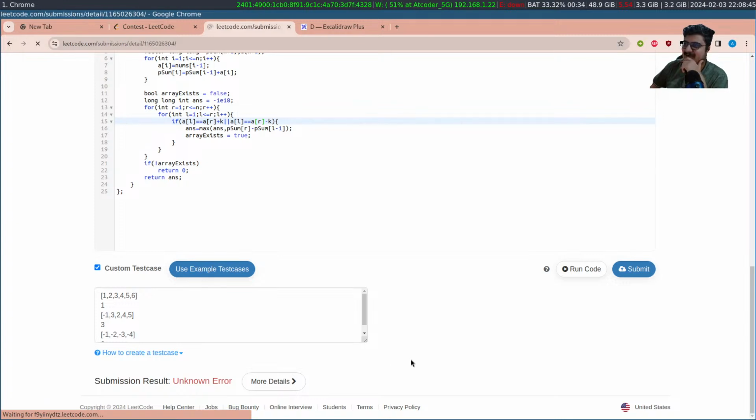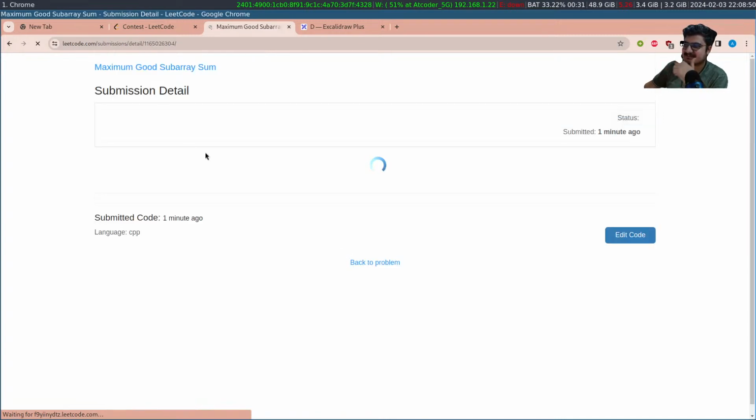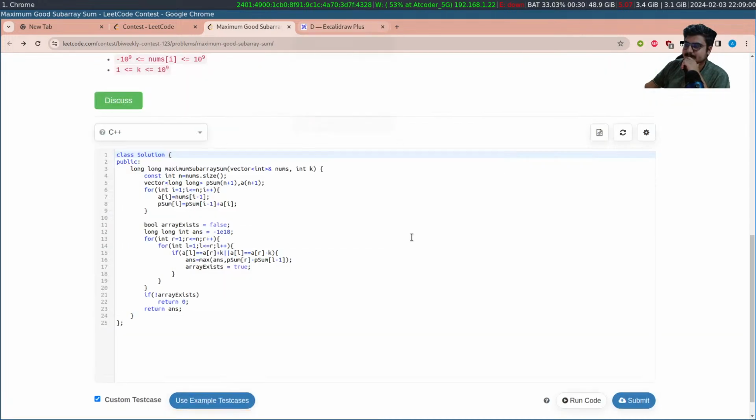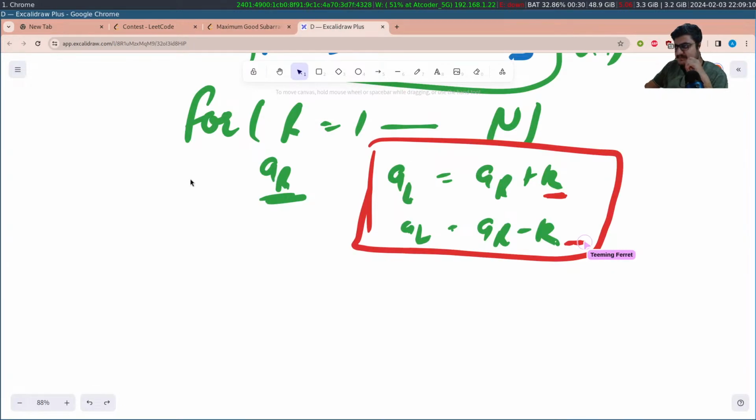Not really sure why it got unknown error, but it's definitely a TLE over here. Looks like it passed almost all the test cases except some. Now the crucial idea: we only care about values of AL which are a difference of exactly k over here. What we can try to do is,